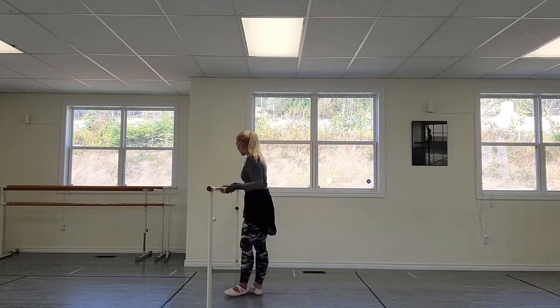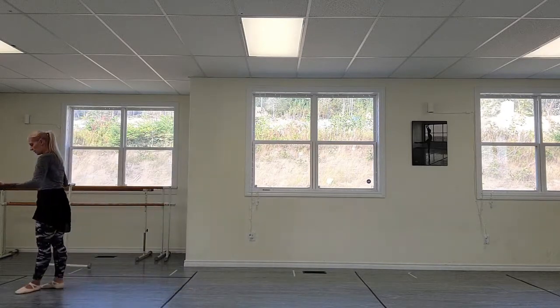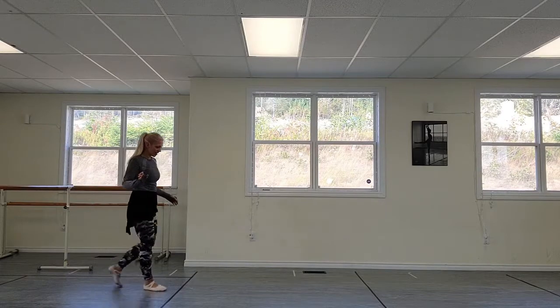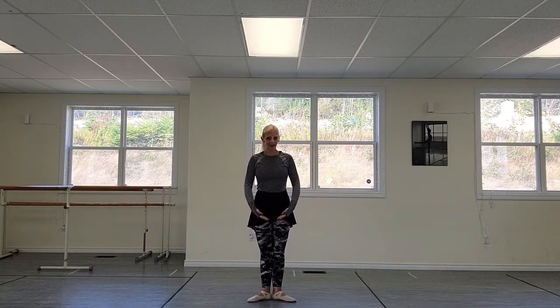Okay, so next we're going to do some retiere. So for this, I don't need the bar anymore. So I'm just quickly going to move mine to the side. Here. Okay, so for this one, this is going to test our balance, and it also teaches where the position of our leg for things like turns and